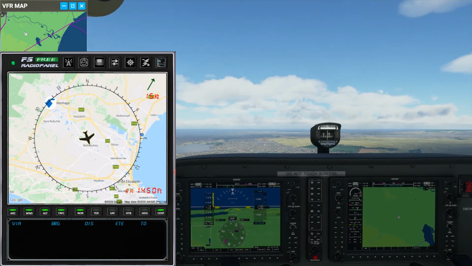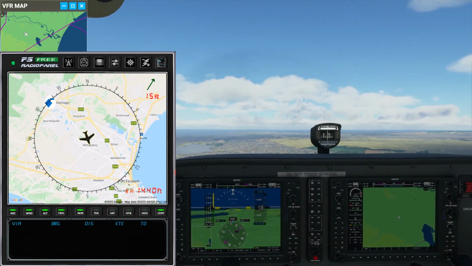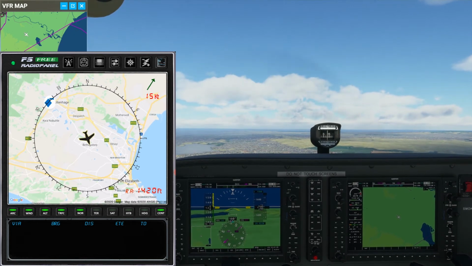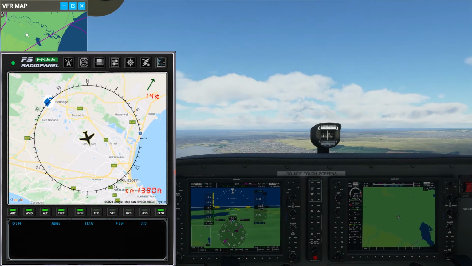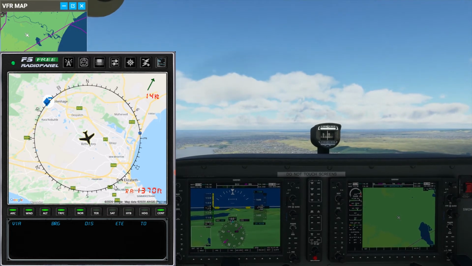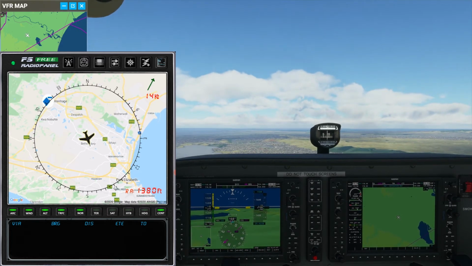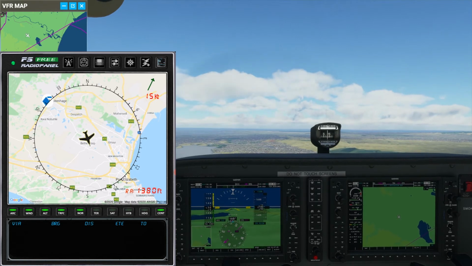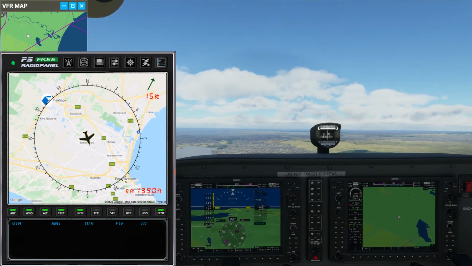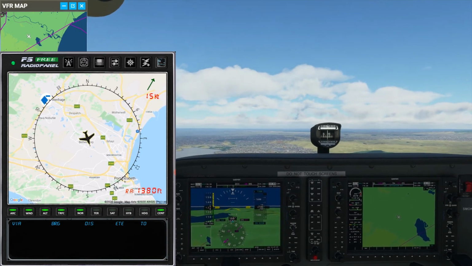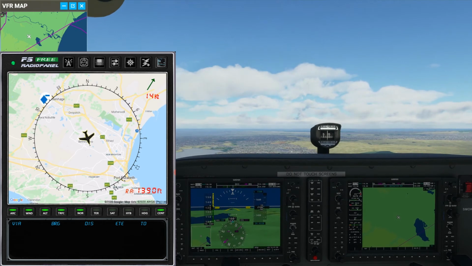It actually ties into Google Maps and gives you a full-on map with the aircraft location and your compass there, and that was pretty cool. I like that feature quite a lot. And just flying around, I'm in South Africa, just flying around in Port Elizabeth right now. I haven't been there for a while, so I decided to give it a quick fly around there. And I was quite impressed with the app. It's quite fun to use and